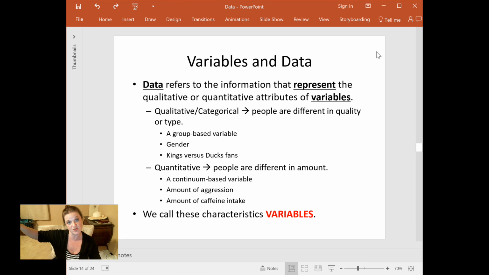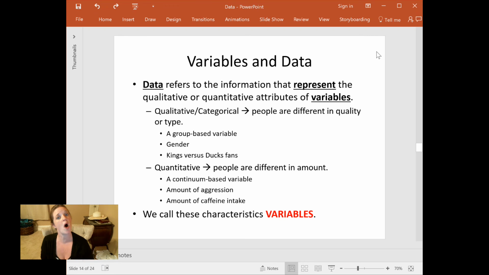So put the book's discussion of this on the back burner of your mind, because qualitative versus quantitative data is just way more important for you to understand in our class than how your book talks about those terms. I'm not going to say your book is wrong. It's really a topic for a different class. It's a topic for a research methods class. It's one of the unfortunate things that sometimes you have these words get used in more than one way. So for our discussion, variables and data, variables are the questions, data is the answer, fall into two different broad types of information.